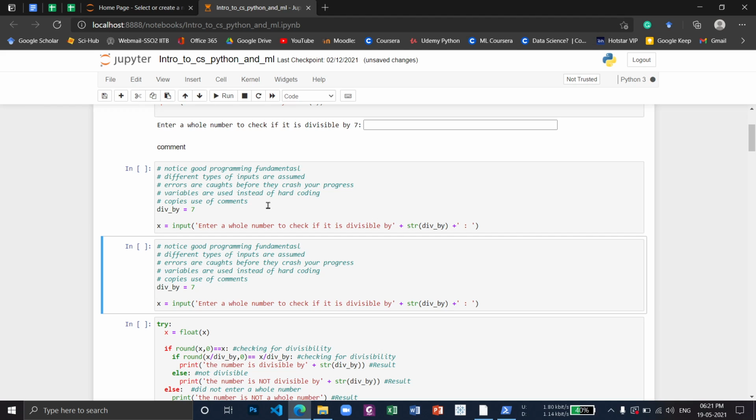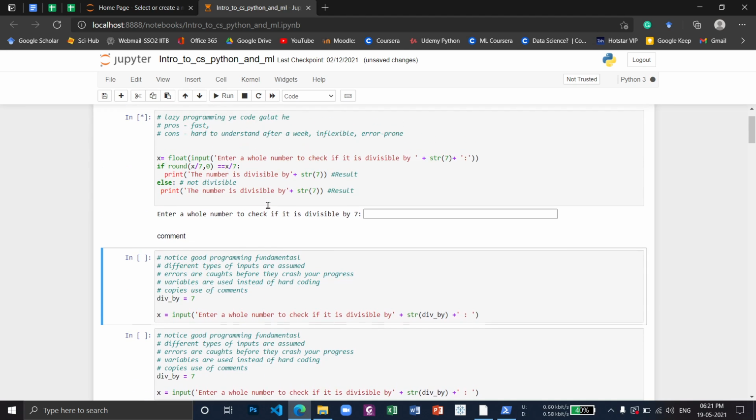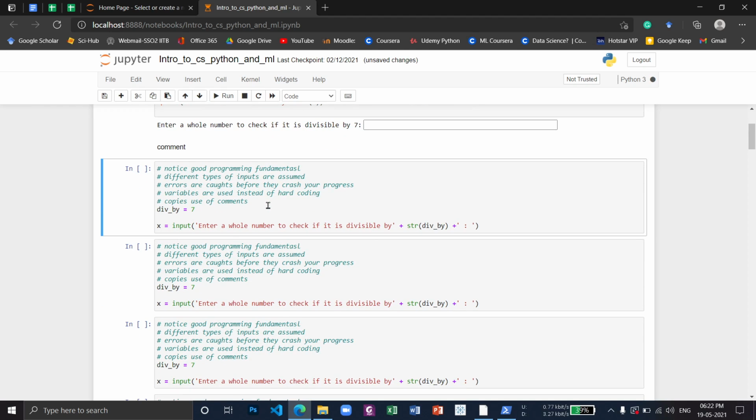If I want to paste that cell above this cell, first I'll copy this and then I'll press Shift plus V. See, it has copied that cell once again.